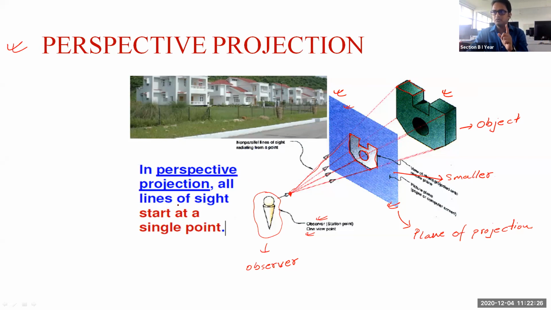The points to keep in mind are that in perspective projection the light source originates from a single point, and the projection you get is not equal to the original size of the object. It is a little bit smaller or bigger. This is one of the real examples of what we see with our eyes. Suppose you are moving on a road and you can see the street light somewhere on one side of the road. If you observe,